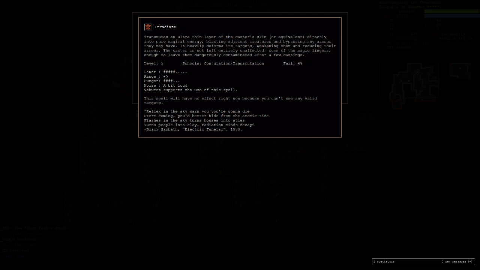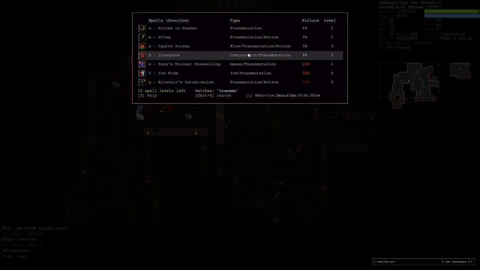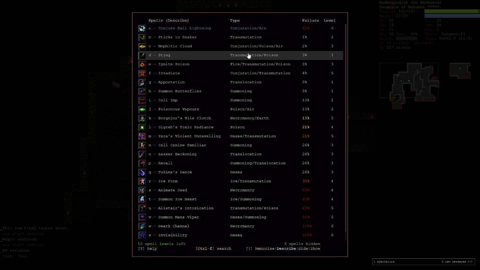Irradiate's kind of interesting. Transmutes an ultra thin layer of the caster's skin directly into pure magical energy, blasting adjacent creatures and bypassing any armor they may have. Heavily deforms its targets, weakening them and reducing their armor. Caster is not left entirely unaffected. Some of the magic lingers enough to leave them dangerously contaminated. I feel like we want to save that for some higher level earth spells. Sticks to snakes would be